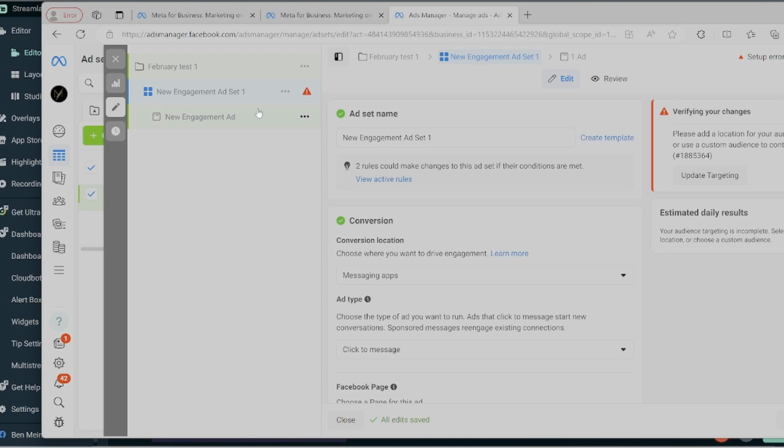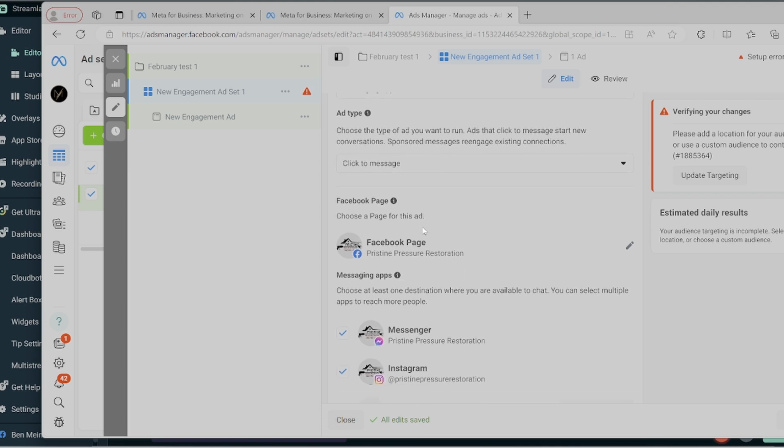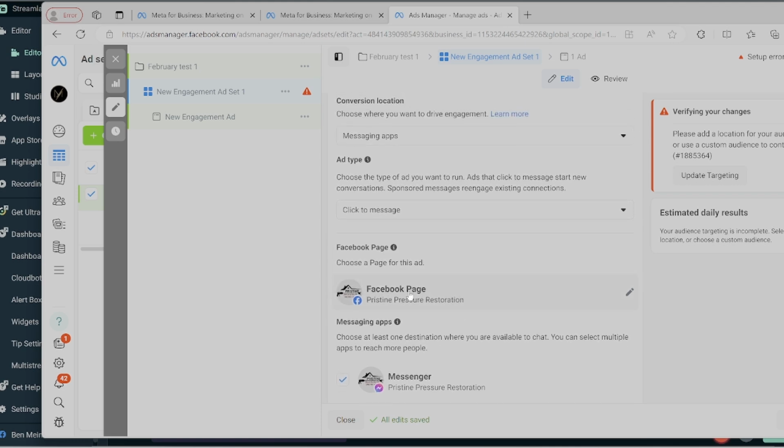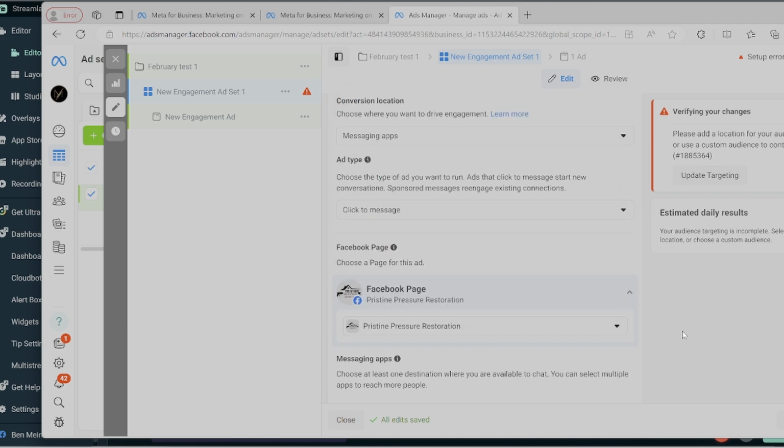Okay, so now we are on the ad set level, and to get here, we just clicked on this middle tab here, and we already named it, but we're just going to go ahead and select the name that we want for it here. And if we come down, you're going to leave all of this the way it is, and this you're going to leave as well. This should default to your page unless you own an agency and have a bunch of pages, but to change that, you just click and select one.